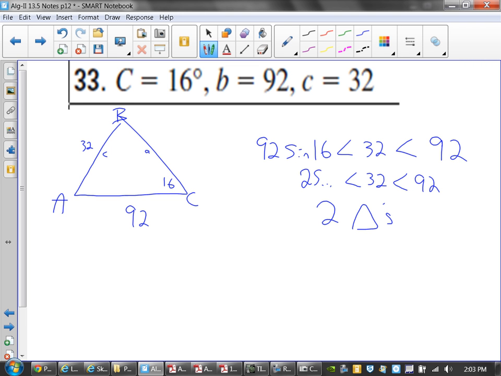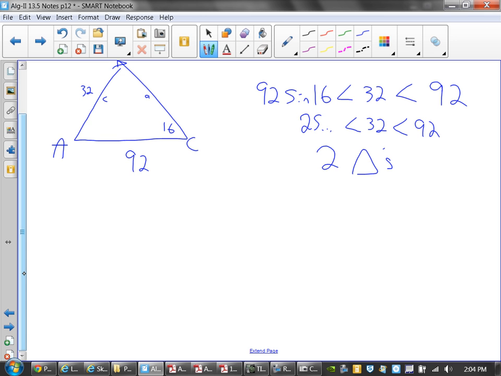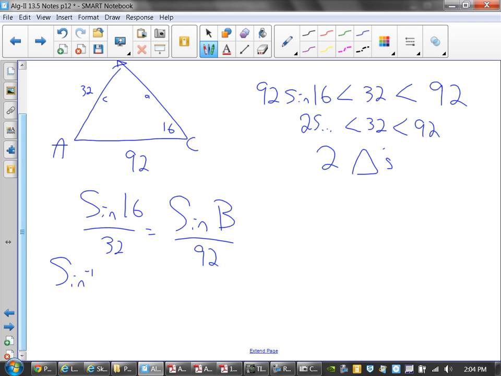So here's what happens. You set up and solve for what angle can you find now? B. You set up and solve for B like you would normally, and then you worry about changing it into two problems. When you set up for B, the sine of 16 is to 32 as the sine of B is to 92. So you wind up with the inverse sine of 92 sine 16 over 32 to give you that angle, and with any luck, when you put that in the calculator, you get